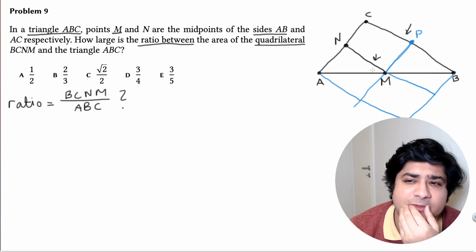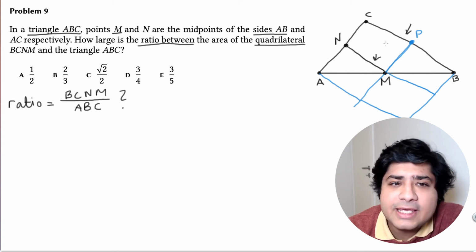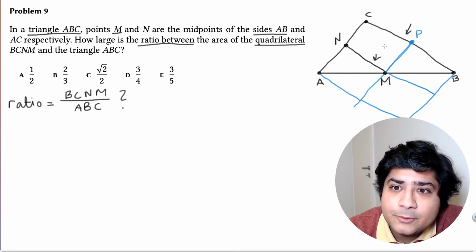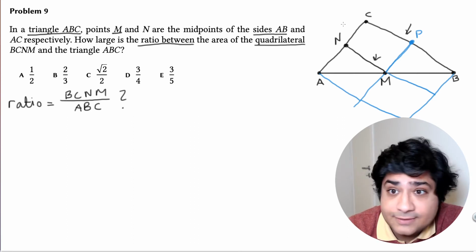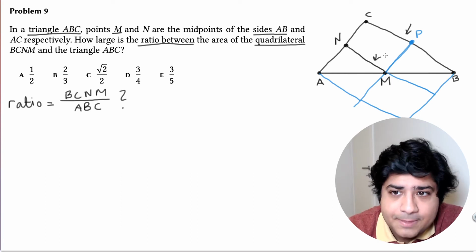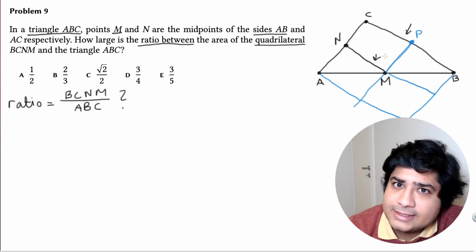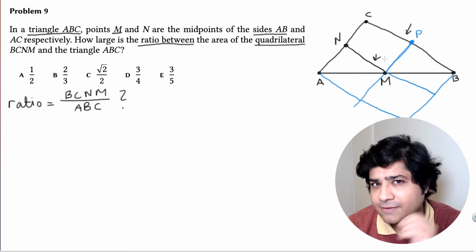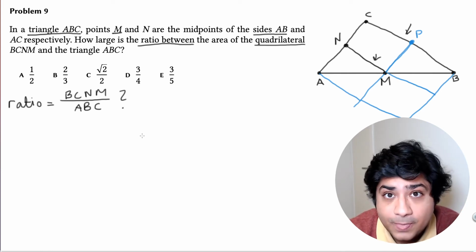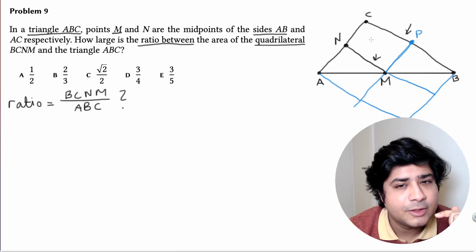Okay, this is interesting. Now let me think about, if we're working with areas, then we have to have some of the sides of these things, right? Because if we're not given a side, how can we figure out the area? Yeah, that's a tough one. But are we after a specific area as the final solution for this, or are we looking at something like a ratio? Well, we're looking at a ratio, which means that